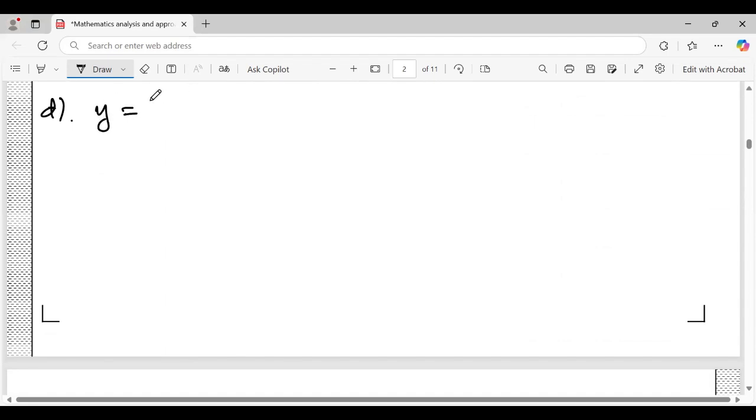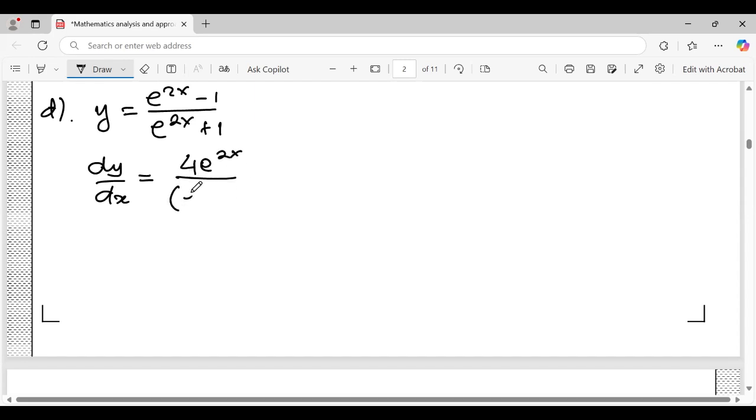The function y equals e power 2x minus 1 over e power 2x plus 1. dy dx, the first derivative, is 4e power 2x over e power 2x plus 1 squared. So this one is the first derivative. The second derivative now, the second derivative